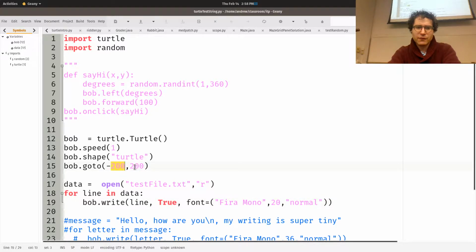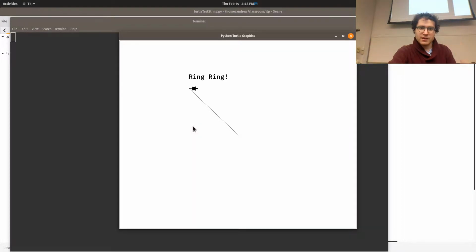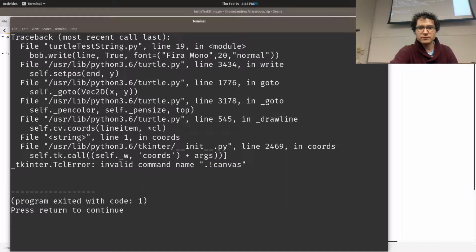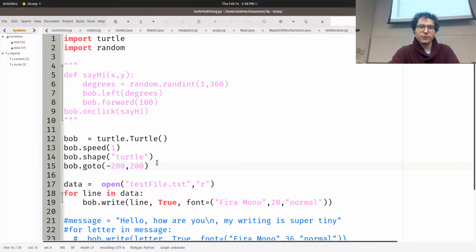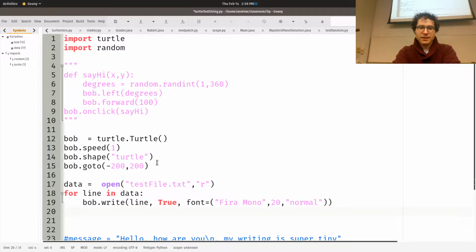Let's see. Can we move him back to index 0? Oh, it doesn't matter, actually. Right. Boom, boom, boom. All right, so you know what? I'll have you move back to 0 because that's negative 200. We'll stay there for right now. All right, so whenever he starts, we need to move him backwards a bit. Okay, so